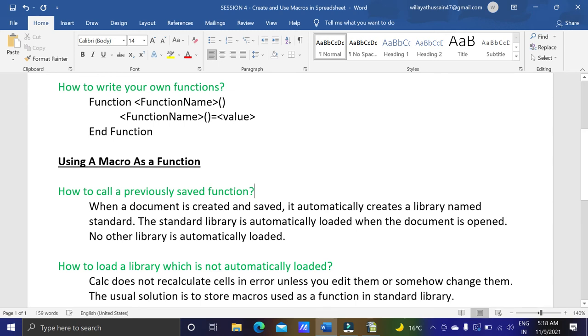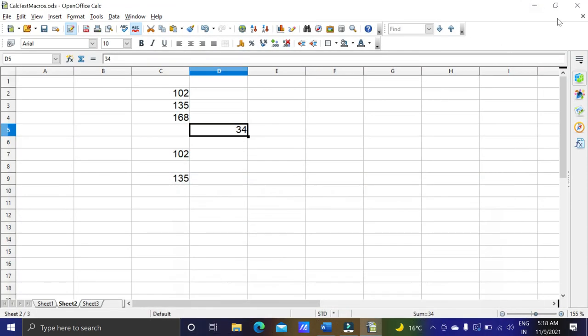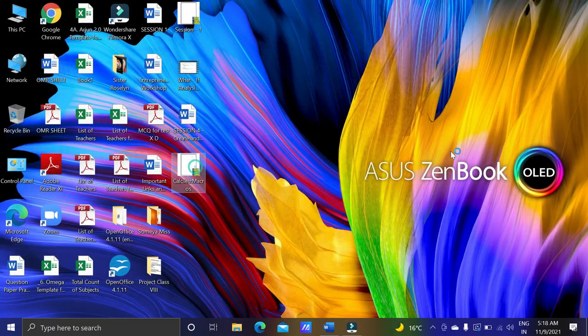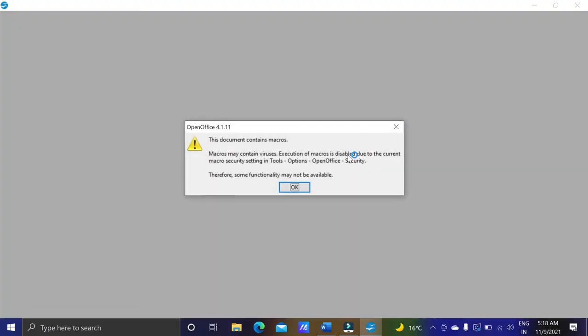So now suppose I save this macro and then save, and again I am trying to open it. You can see one problem. It is telling macros may contain viruses. Execution of macros is disabled due to the current macro security setting in tools.